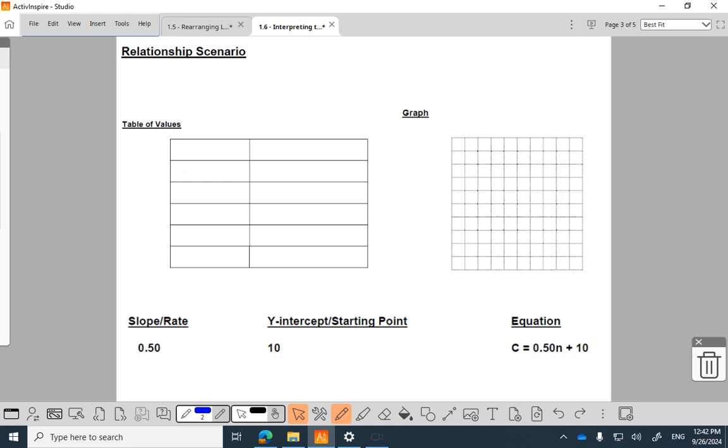No scenario, no table of values, no graph. How can I possibly do the question? Look, at the bottom, they give the slope, they give the intercept, and they give the equation. Maybe you'll find these easier, actually. I've got to make up a scenario,